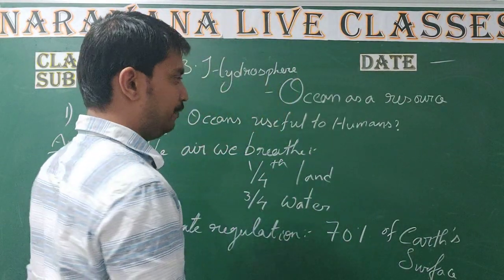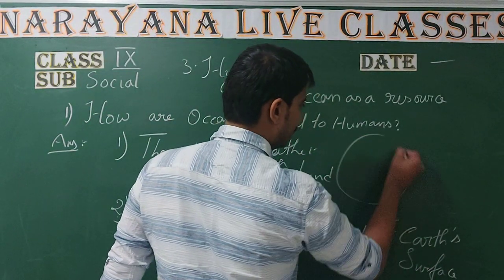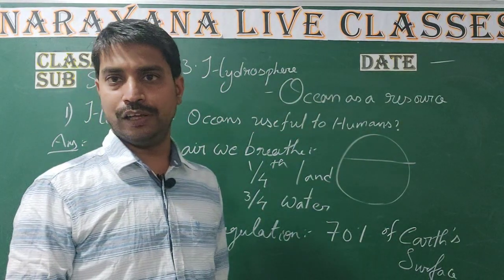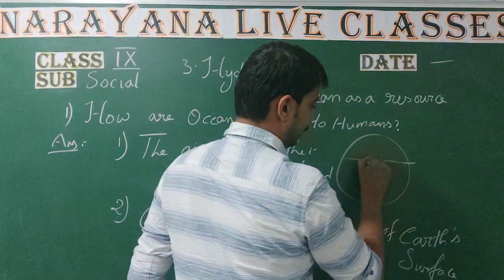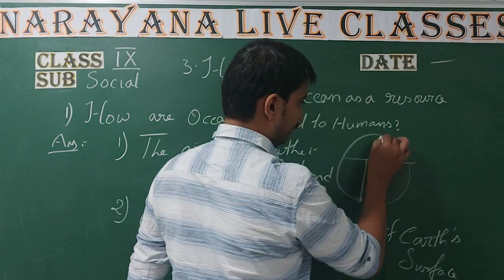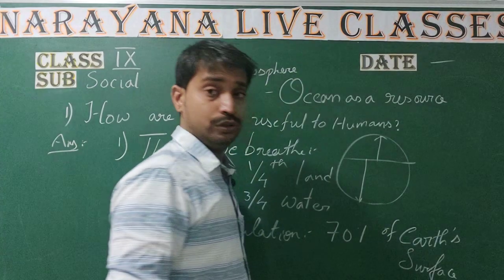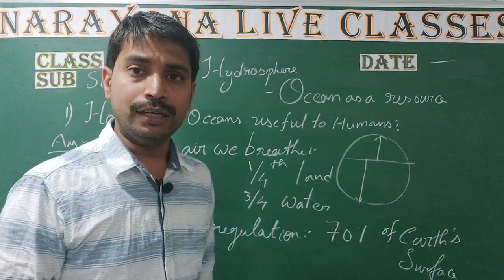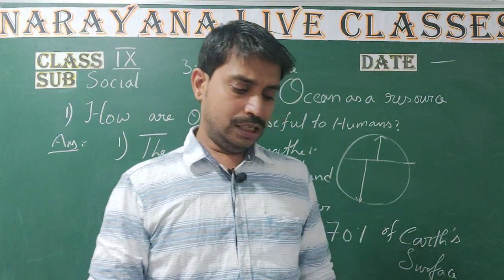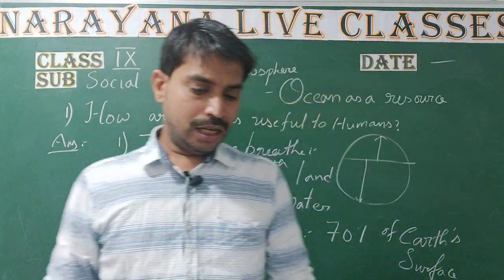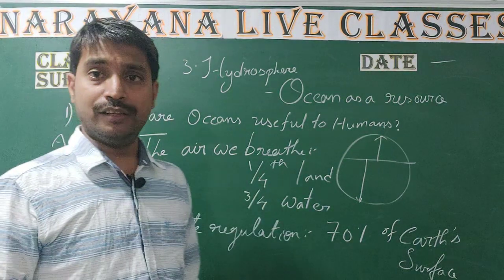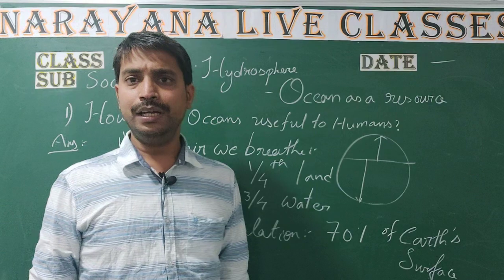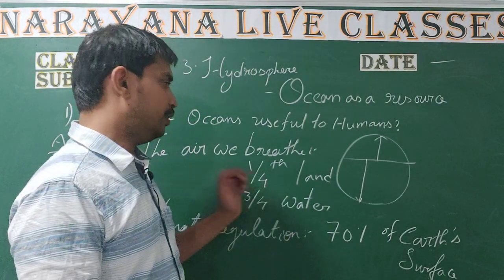Yes. If we go through the pictorial part, nearby the equator we have huge water bodies. So, from the oceans, the heat is transported towards the polar region. That is the second major thing, regulating our climate and weather patterns. It's because of the ocean that the climatic conditions and weather change. So, this is the answer for the first question, children.